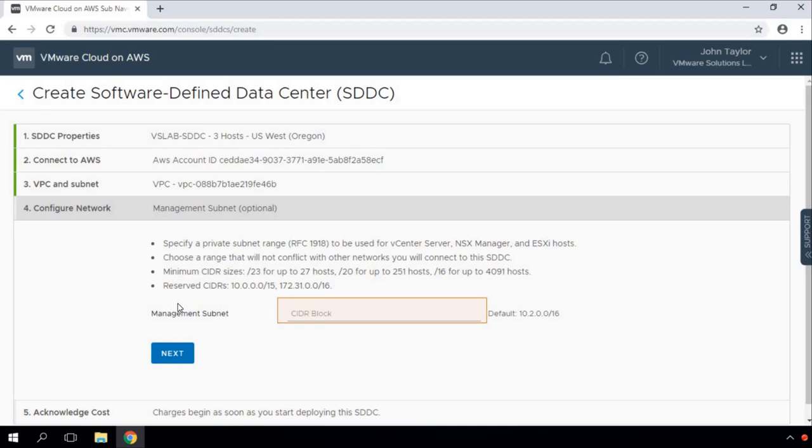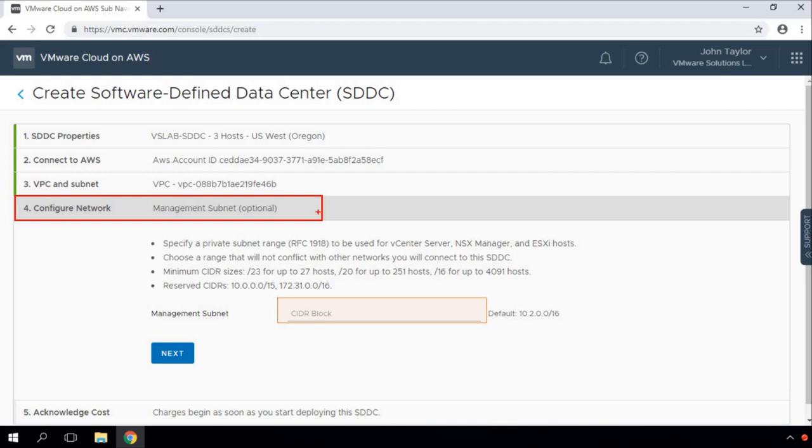Now, one of the last important pieces of information about configuring the network is the management subnet. If you are aware of the vSphere infrastructure, we have management components such as vCenter Server, NSX Manager, and ESXi hosts. These so-called infrastructure components require IP addressing.